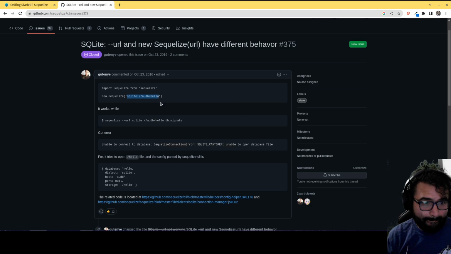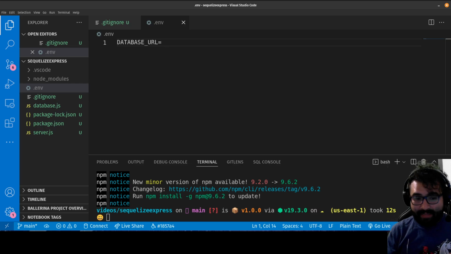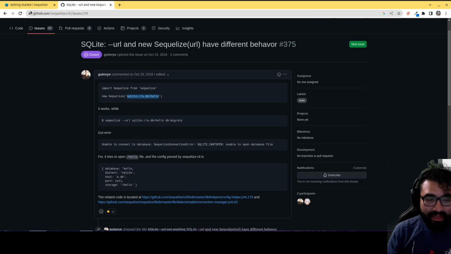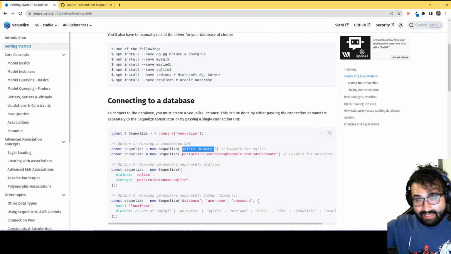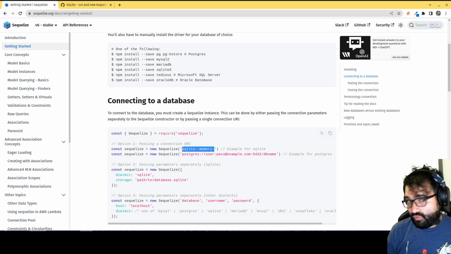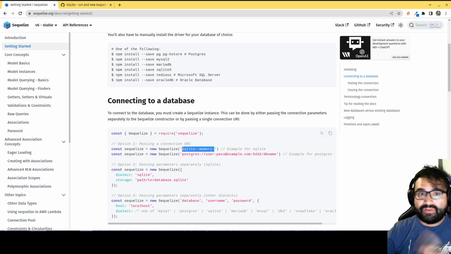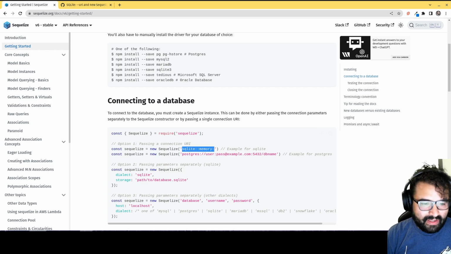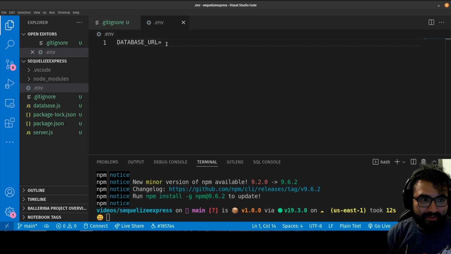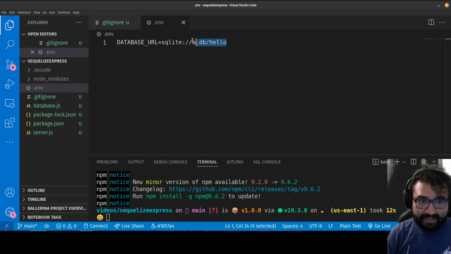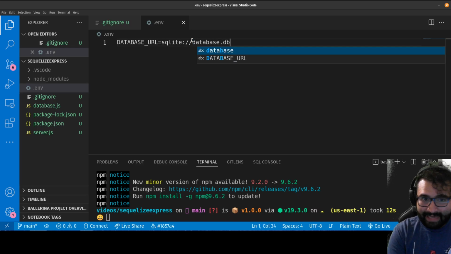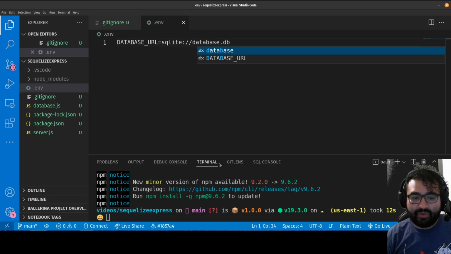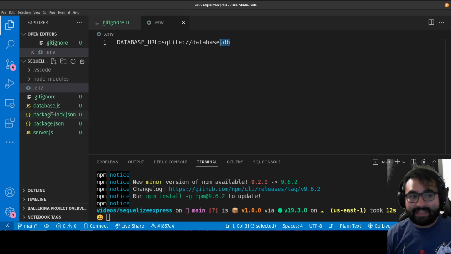Okay. The reason why I didn't want to do that one they show you there where it says memory, if you look in the Sequelize documentation, this means it creates no database. It literally just works in memory. And then when you shut down your server, everything gets erased, which works fine for now, but I want to be able to shut down the server and turn it back on and actually have the data saved somewhere. So what you do here is I can just tell this what the file name is. And we'll just call this database.db. So it's going to create a file called database.db, and that's where it's going to store all